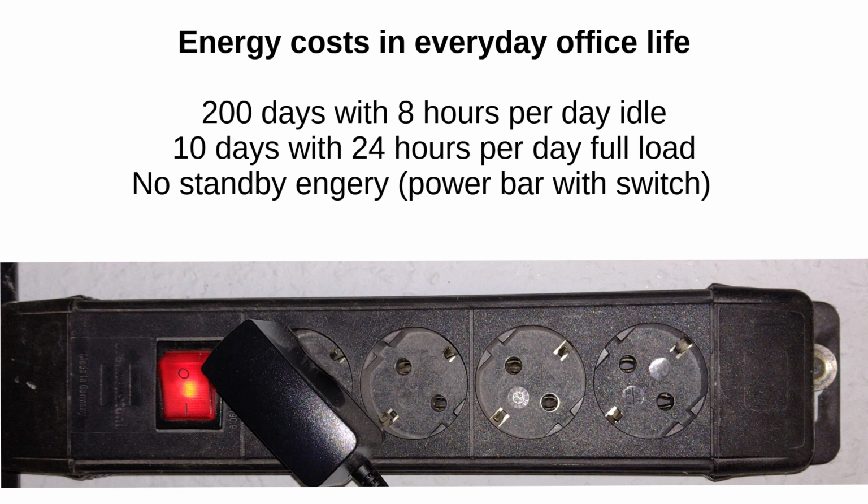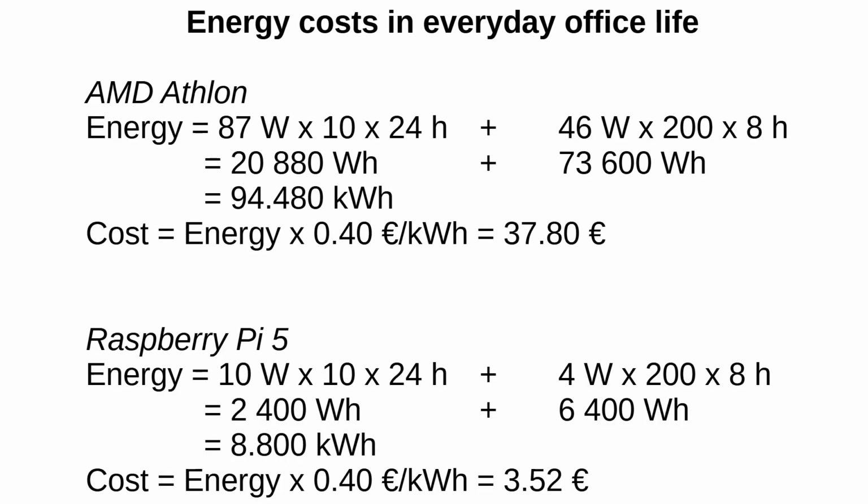Of course, you sometimes need a bit more power. But on the other hand, 8 hours per day is already rounded up. For generating timetables, I estimate 10 full days with 24 hours. I don't add costs for standby mode, since I'm using a power bar with a switch. Calculating the cost of this office computer results in around 38 euros per year for the Athlon and around 3 euros 50 for